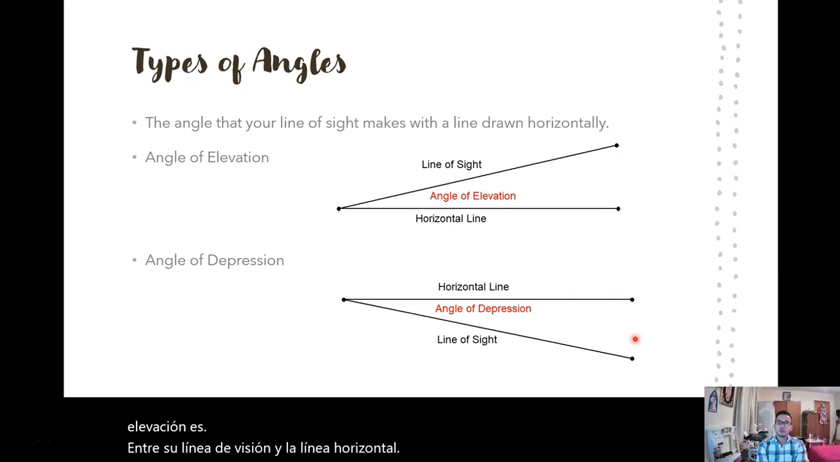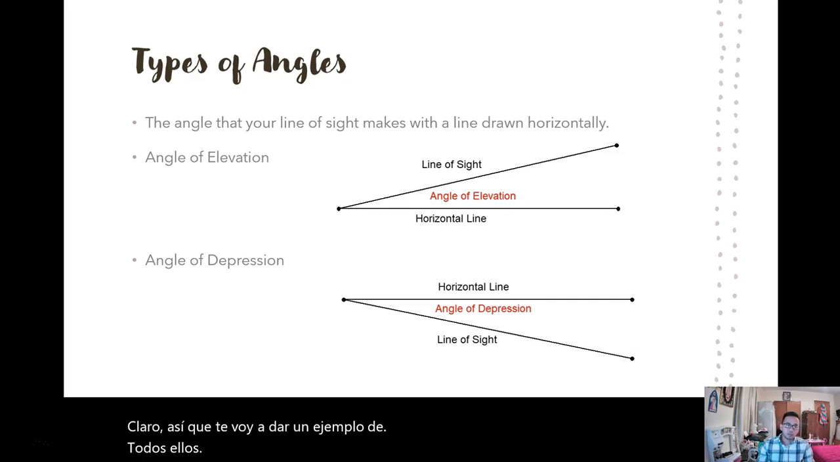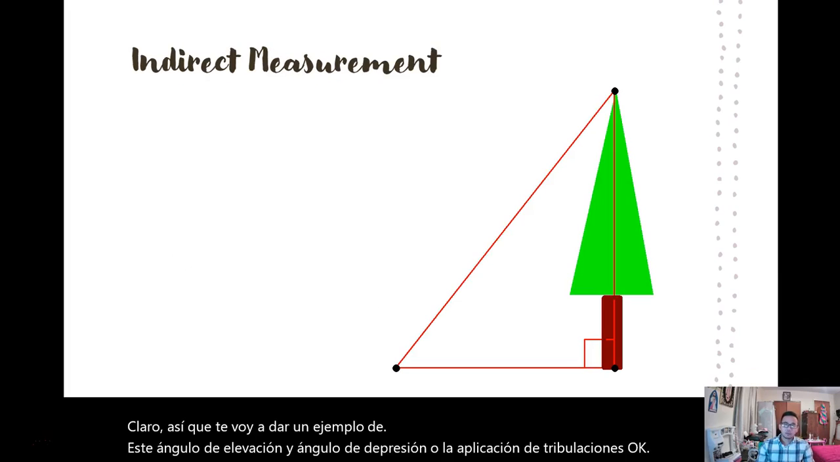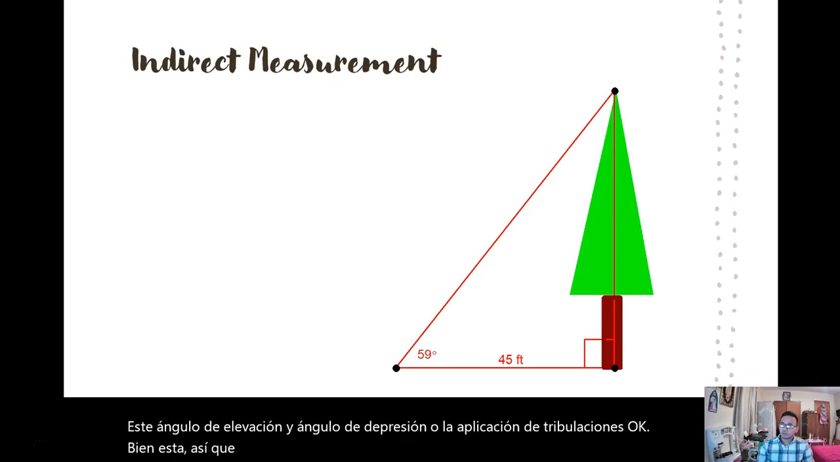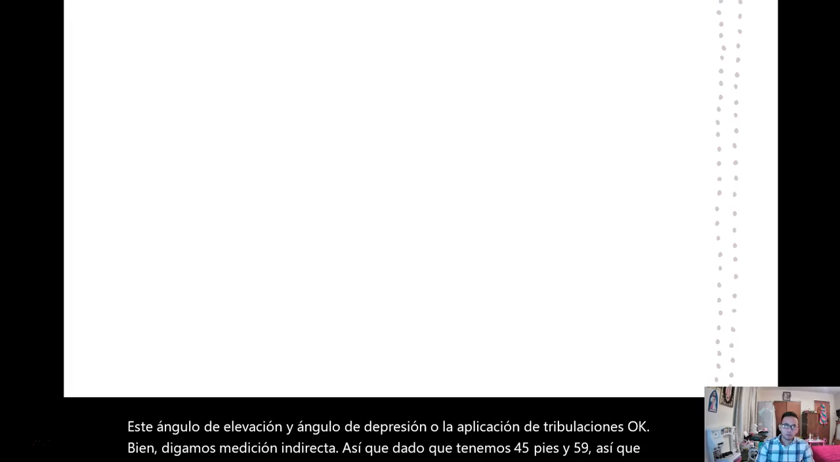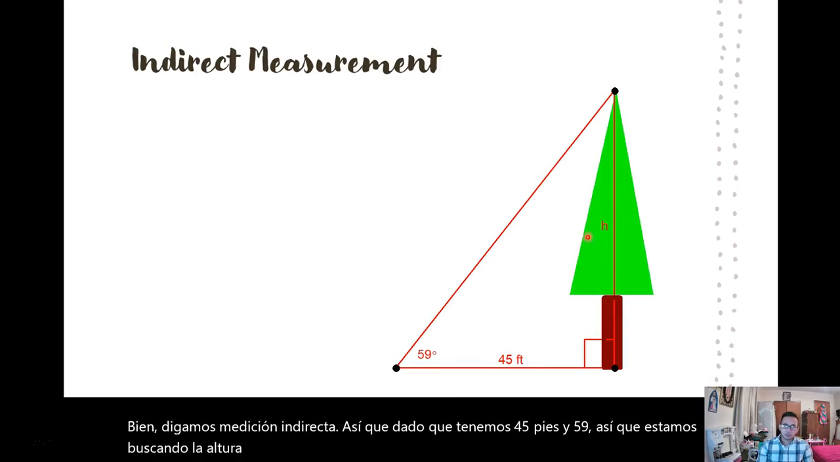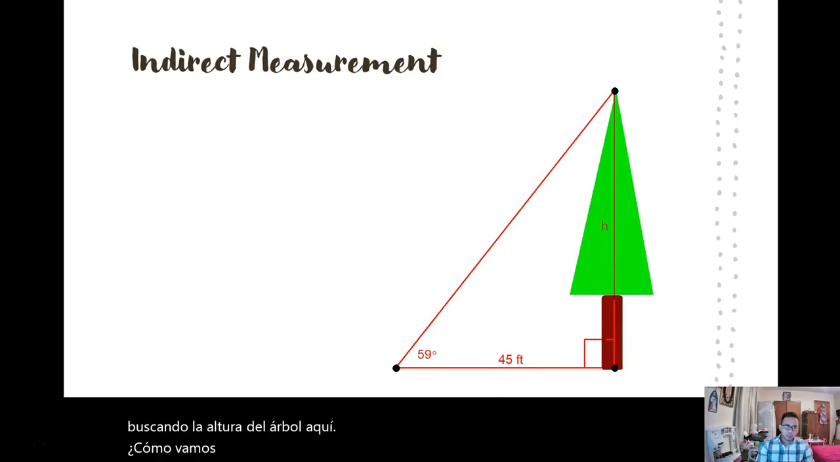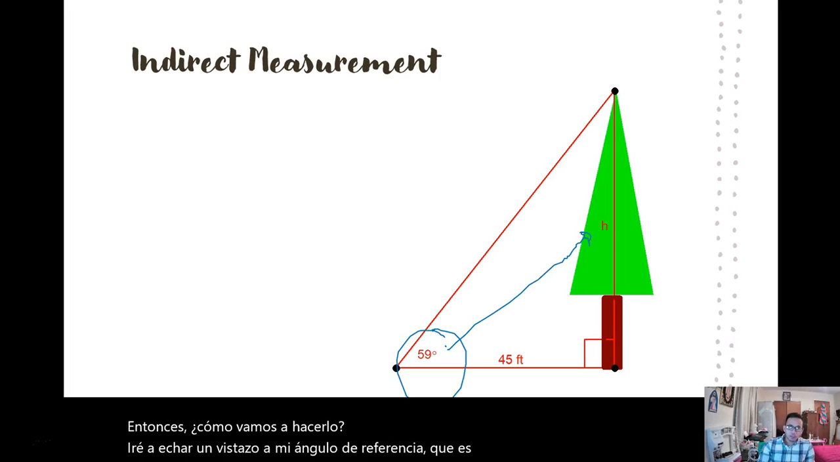So I'm going to give you an example of this angle of elevation and angle of depression, or the application of trig ratios. This one, let's say indirect measurement. Given 45 feet and 59 degrees, we are looking for the height of the tree here. So how are we going to do that? I'll take a look at my reference angle, which is 59 degrees, and it has opposite,